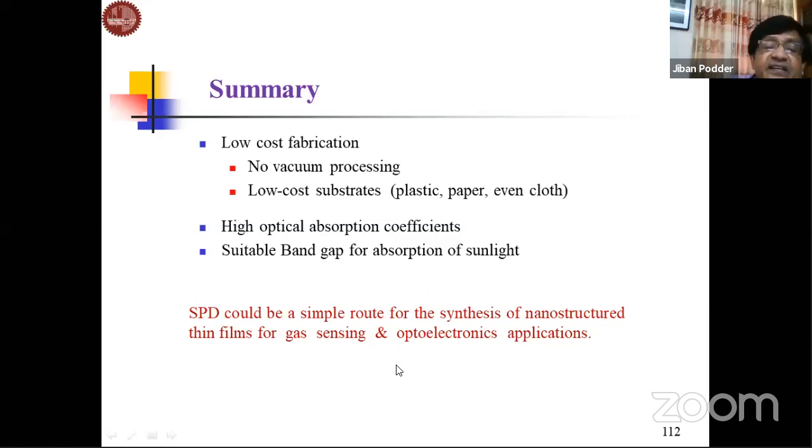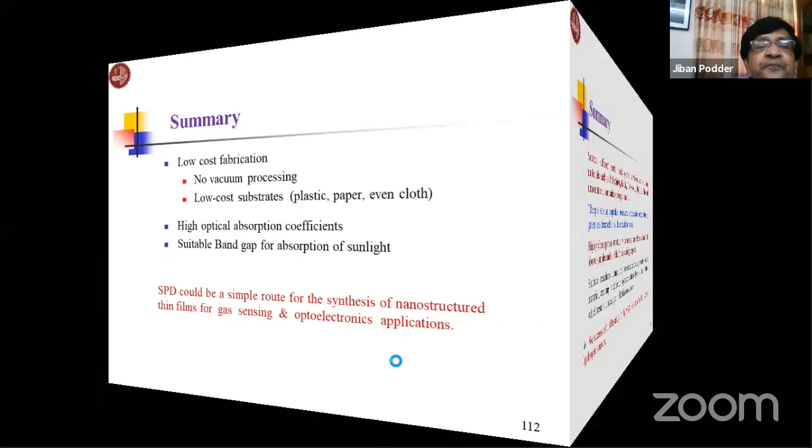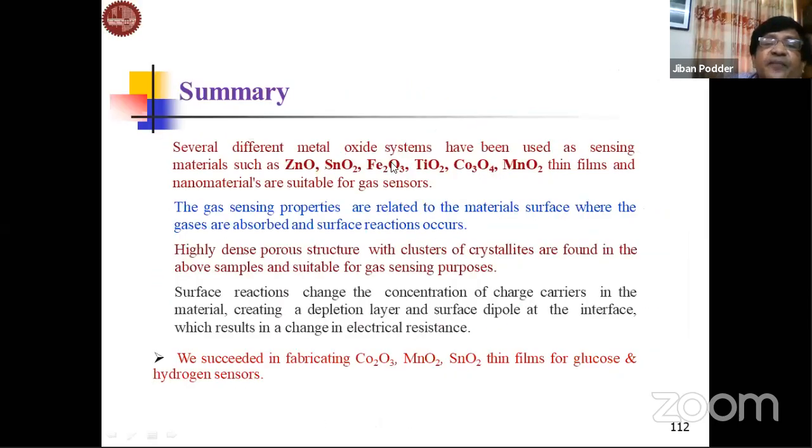So this could be a suitable and simple route for the synthesis of nanostructured thin films for gas sensing and optoelectronic applications. Several different metal oxide systems have been used as sensing materials, such as zinc oxide, tin oxide, iron oxide, titanium dioxide, cobalt oxide, and manganese oxide thin films. We found these materials are suitable for sensing purposes, and we tested zinc oxide for hydrogen and cobalt oxide and manganese oxide for glucose